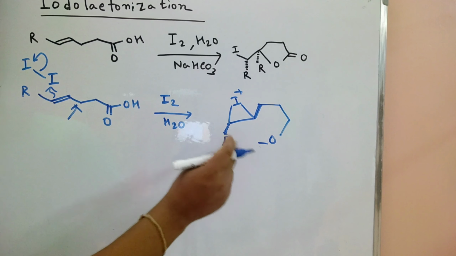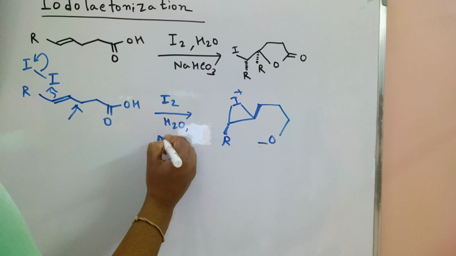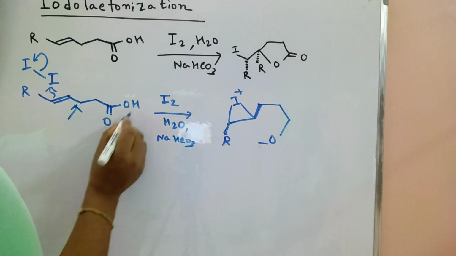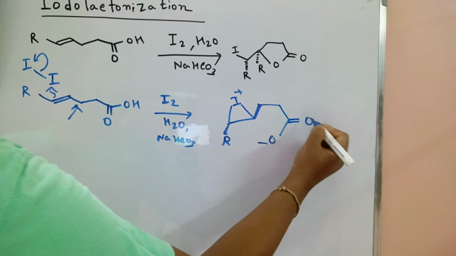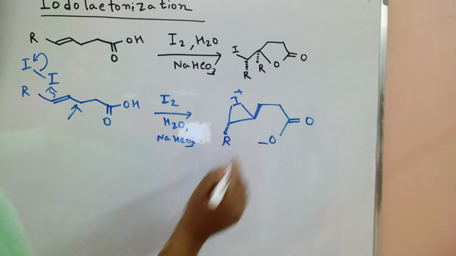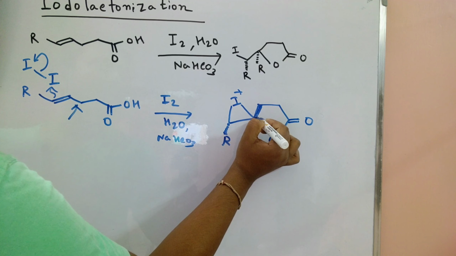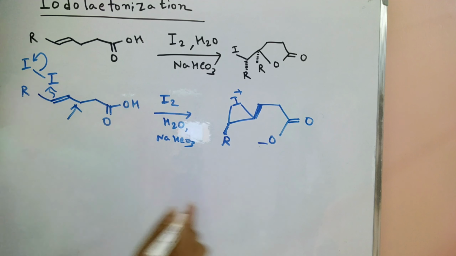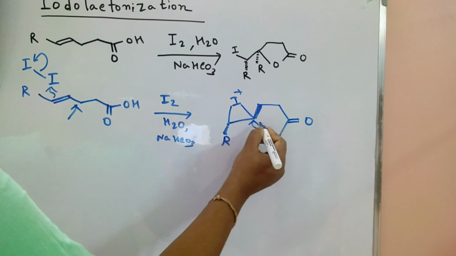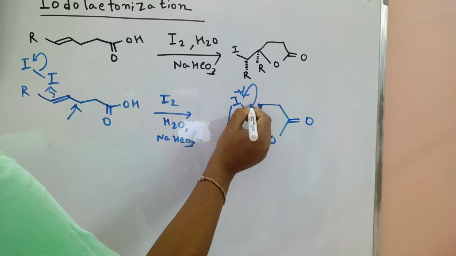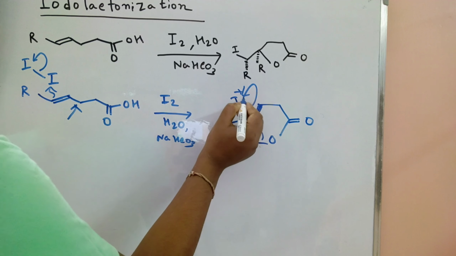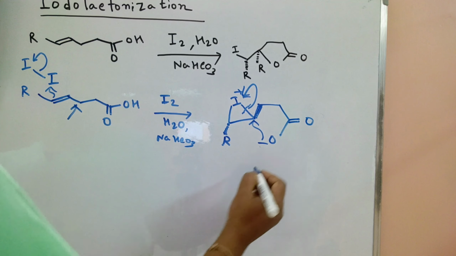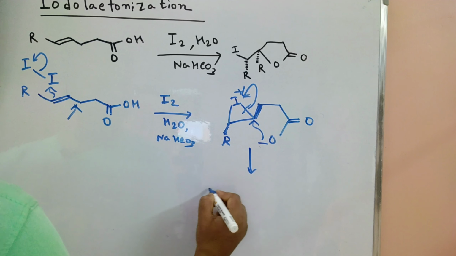So this bond is upside, and then O minus is formed in the presence of sodium bicarbonate. It acts as a mild base, so it abstracts this hydrogen. So this ketone is here and this bond is on the upward side, and this R is downside because this one has trans configuration. Now it can easily attack that center and this bond is broken, and the plus charge is neutralized through breaking of the bond.